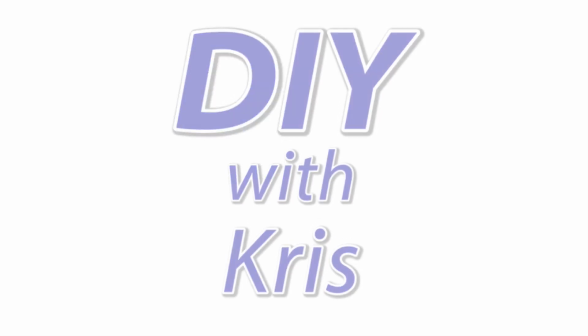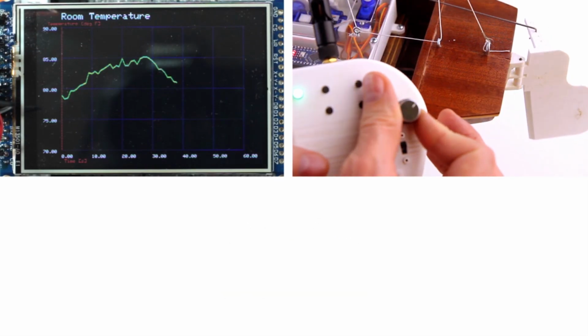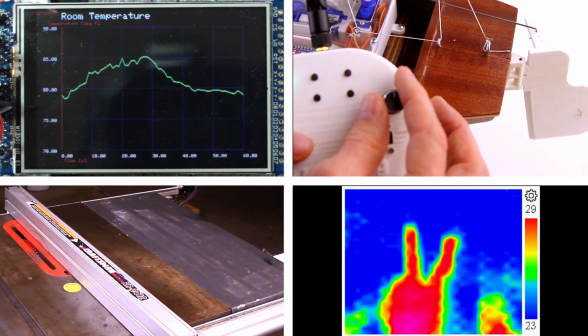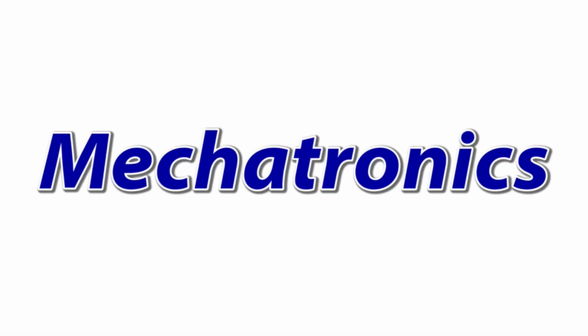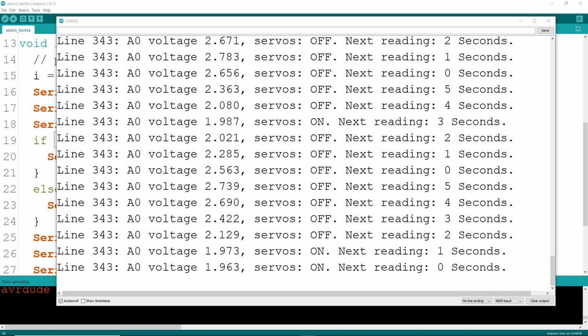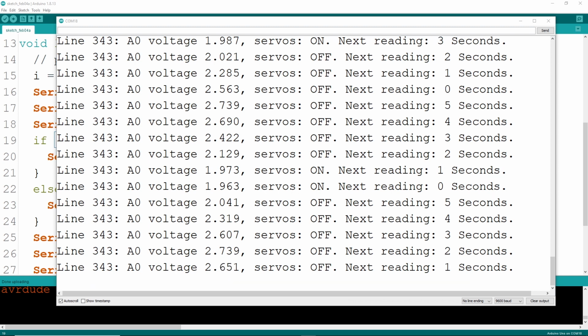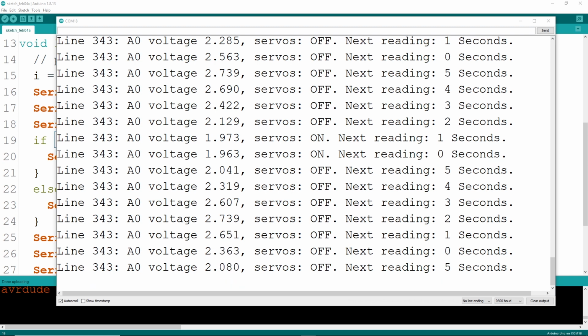If you want to learn how to measure and plot temperatures, build wireless radio controllers, use servos to drive tools, or build weird things like, I don't know, a thermal camera, here you'll learn mechatronics in minutes. In this tutorial, we're going to learn the most basic utility in the Arduino programming interface, and that's communicating with the Arduino through the serial monitor.